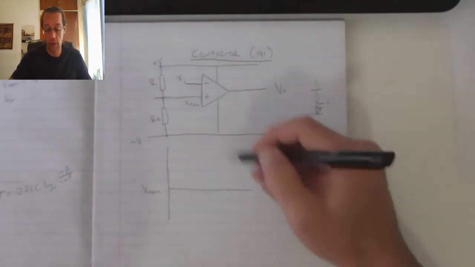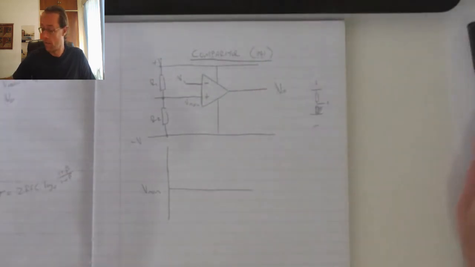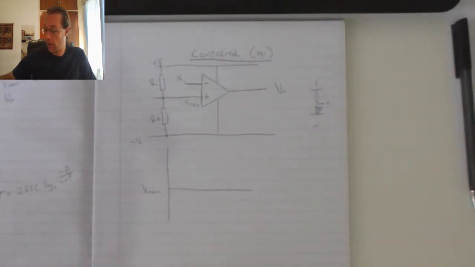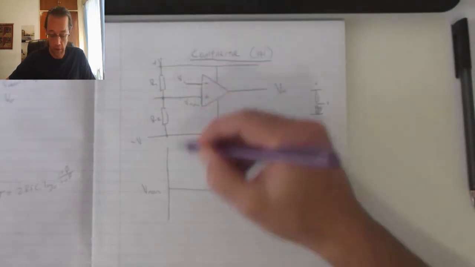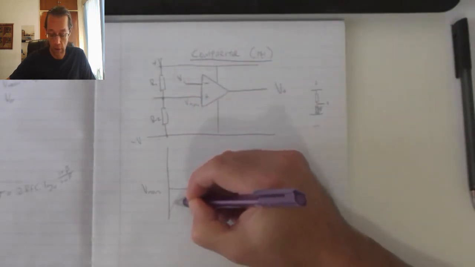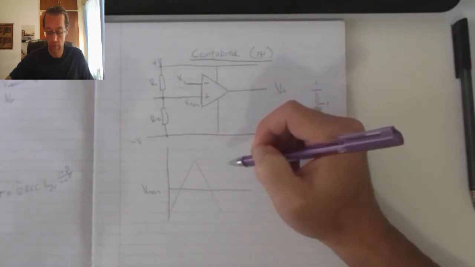I can adjust that by changing the resistance of those two resistors. Now if I go and connect an input voltage, let's say for example just a simple triangular wave like that,